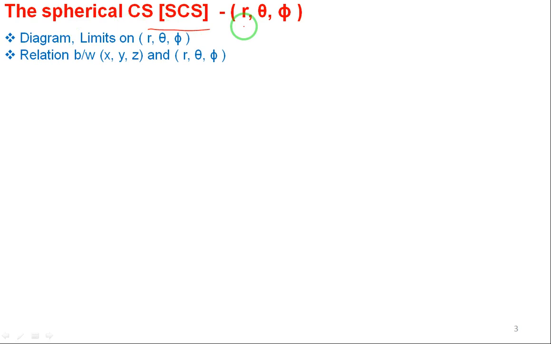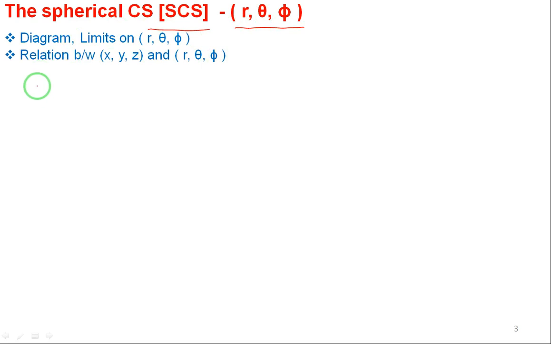The spherical coordinate system, just like the rectangular coordinate system, also called the Cartesian coordinate system, and the cylindrical coordinate system. This is the third coordinate system, the spherical coordinate system. The coordinates here are r, theta, and phi. We will use these standard notations r, theta, and phi. We'll see the spherical coordinate system with respect to the rectangular coordinate system, then what should be the limits on r, theta, phi so that a sphere is formed, and the relationship between Cartesian coordinates and spherical coordinates, that we'll see right now.